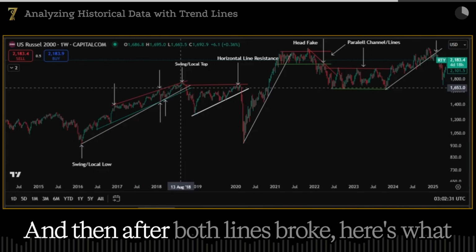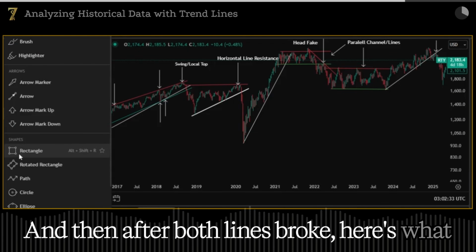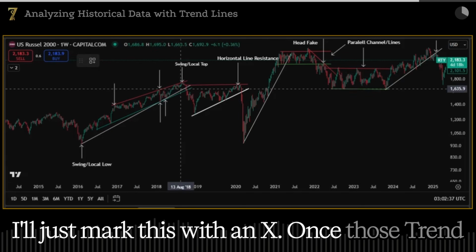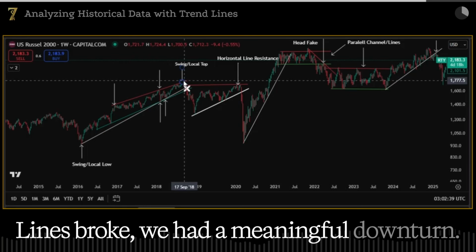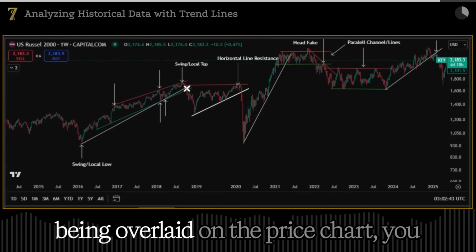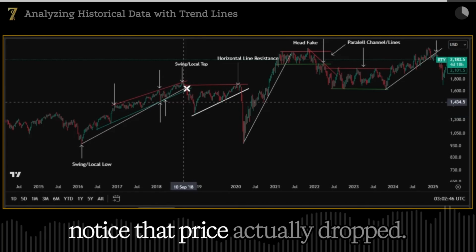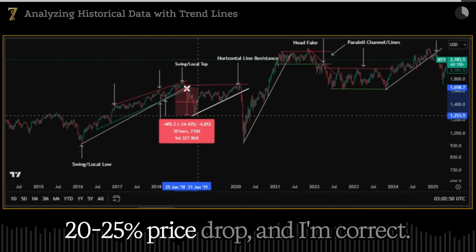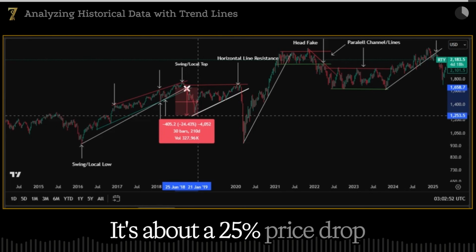And then after both lines broke, here's what I want to point out to your attention. I'll just mark this with an X. Once those trend lines broke, we had a meaningful downturn. All right, so with two trend lines being overlaid on the price chart, you notice that price actually dropped. I think this was actually about a 25% price drop, and I'm correct, it's about a 25% price drop that